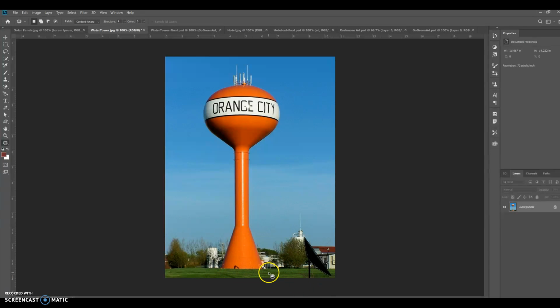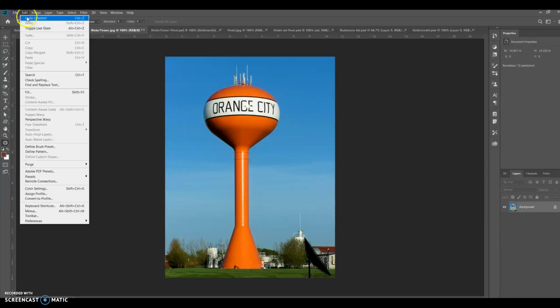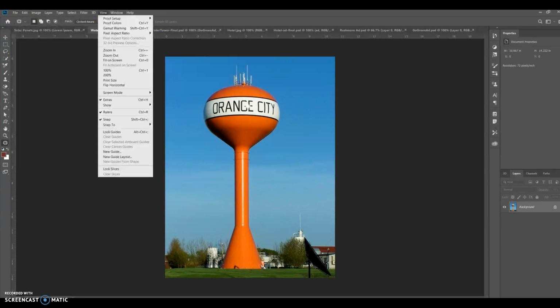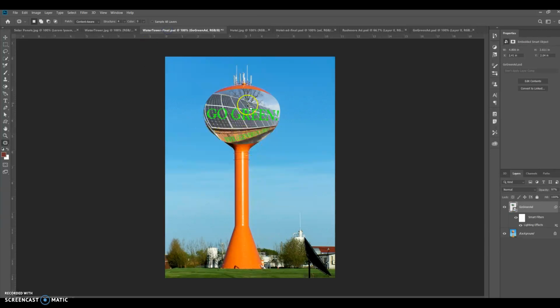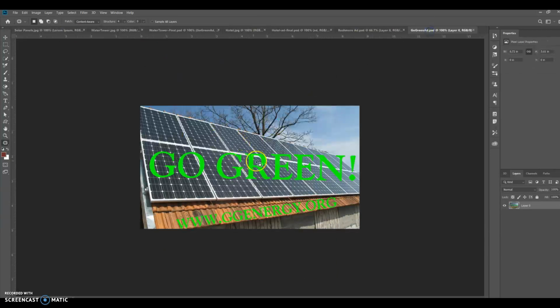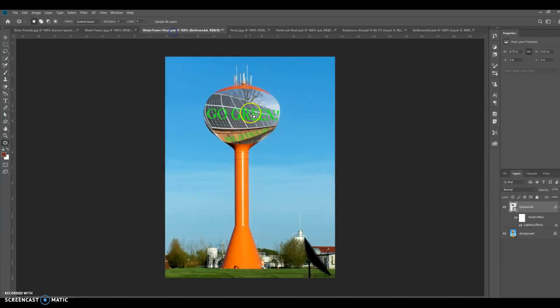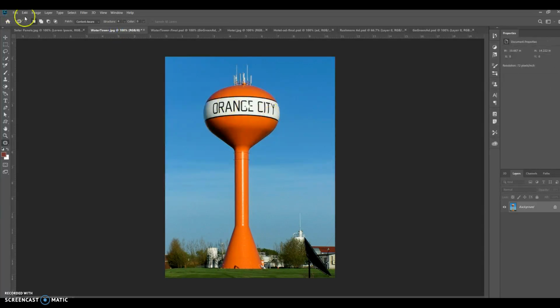That got my grass ready to go. And then to get my ad in here, I did a file place embedded, which brought my regular ad in like this, flat on my image,